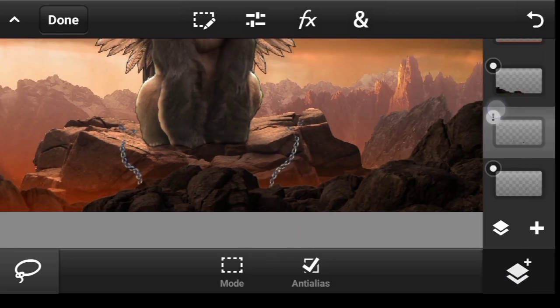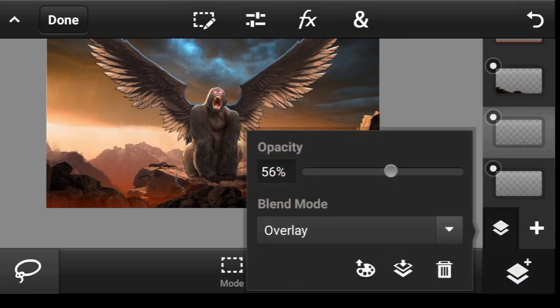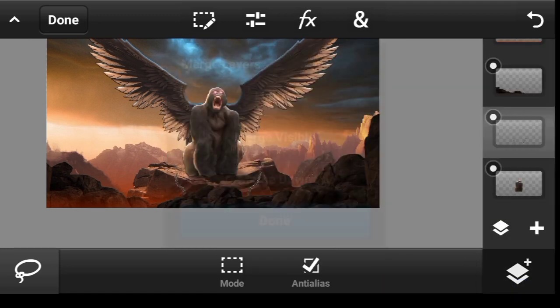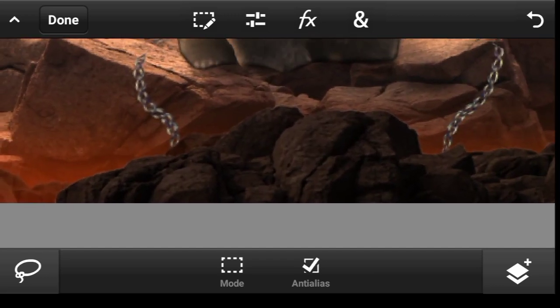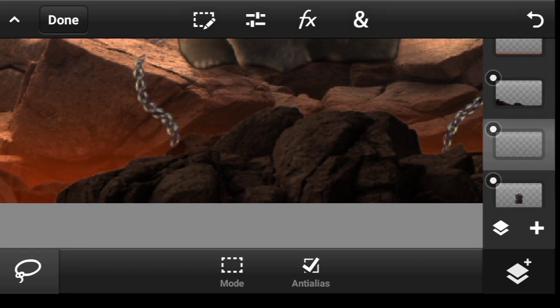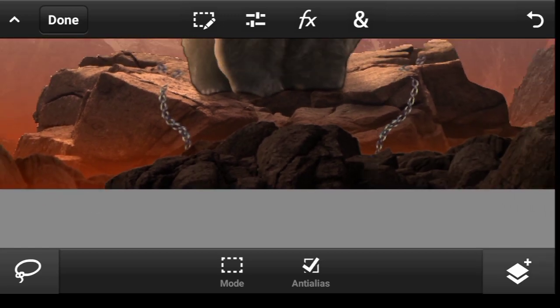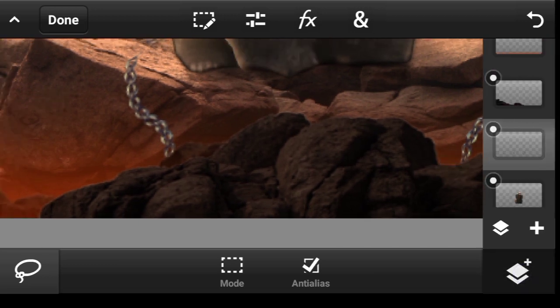Okay, so this is the before and the after. We're going to merge it down. Before and the after. That looks cool. So we're going to add some highlight. As you can see, some red light stuff coming from the bottom. You know, the ones we added. So we're going to assume they are light coming from the bottom, which means we'll have some highlights on this sheen. So let us duplicate them